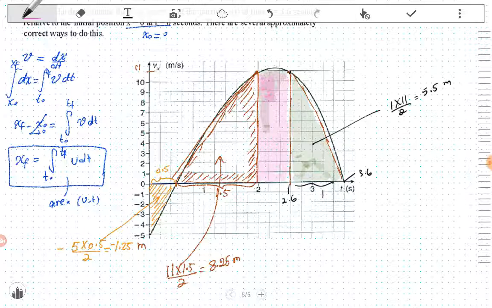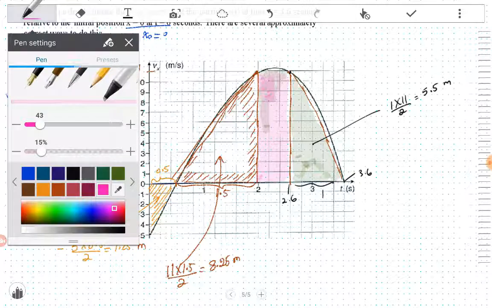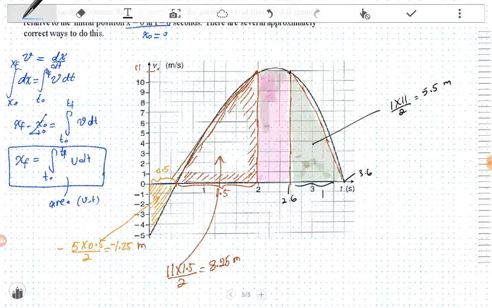So here the rectangle, and now let's calculate the area of this rectangle. From 2 to 2.6 is equal to 0.6, so it's 0.6 times the height, which is 11. You don't divide by 2, because it's not a triangle, it's a rectangle, so it's equal to